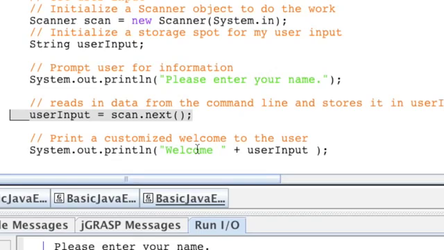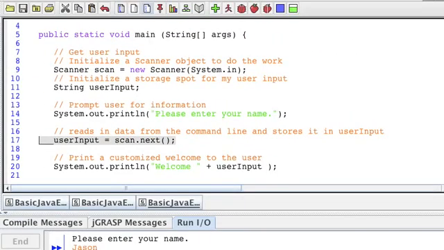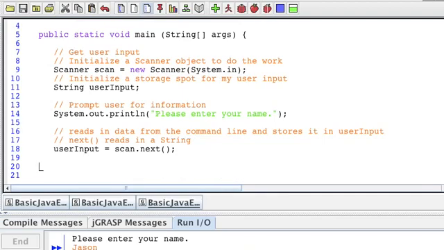We can use this to get other types of data. So in our case, next is utilized for getting strings. If we wanted to actually get other types of data from the user, notice that the storage location here I used as a string, and it corresponds with user input, getting a string from the scan object. So next reads in a string. If you want to read in any other type of number,